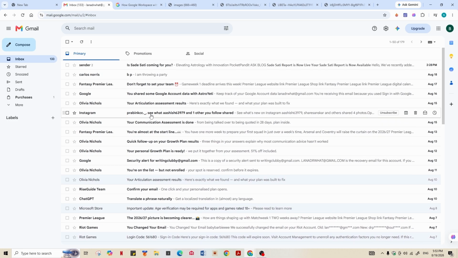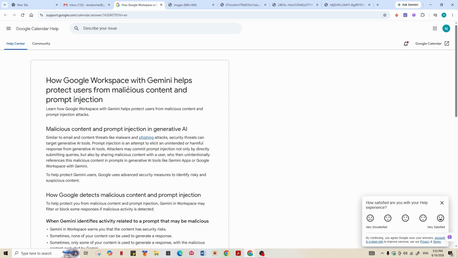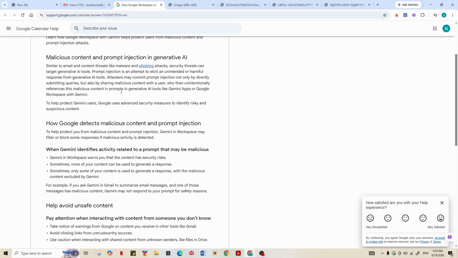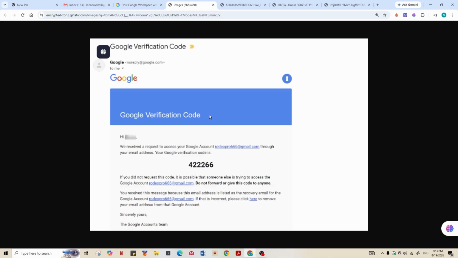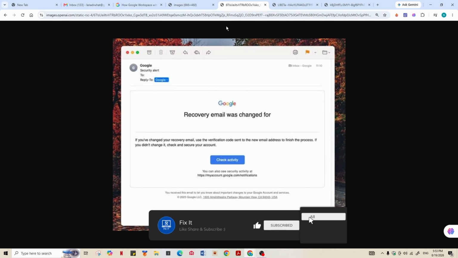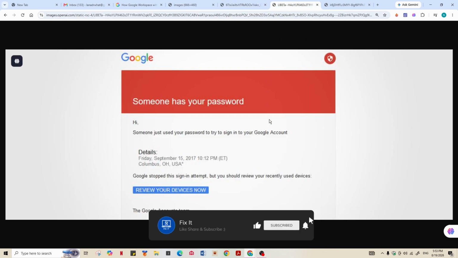So, what exactly is a Gmail injection attack? It isn't a single officially defined Gmail attack technique. The term is sometimes used online to describe different types of attacks involving malicious or manipulated email content. In real world situations, many of these attacks are actually related to phishing, social engineering, malicious links, account takeover attempts, or exploitation of software vulnerabilities. The attacker usually isn't simply breaking into Gmail by sending you an email. Instead, they're trying to use the email as a way to trick you, redirect you, or get you to reveal